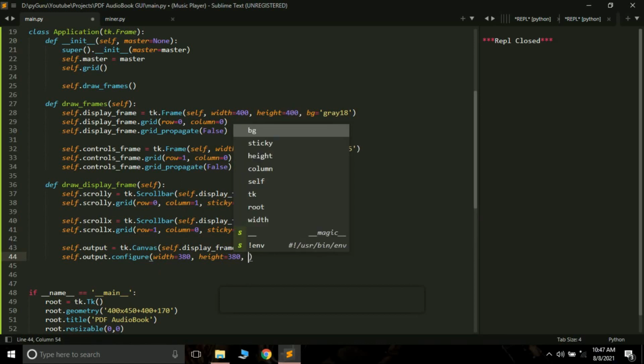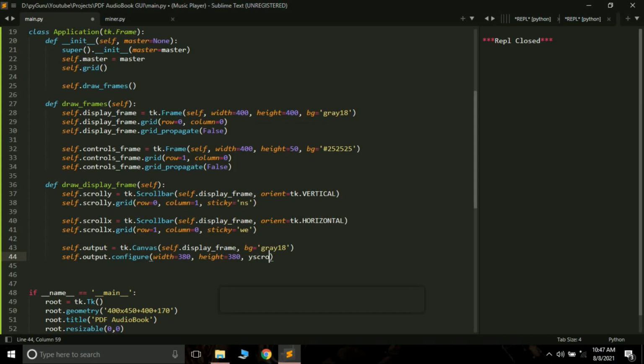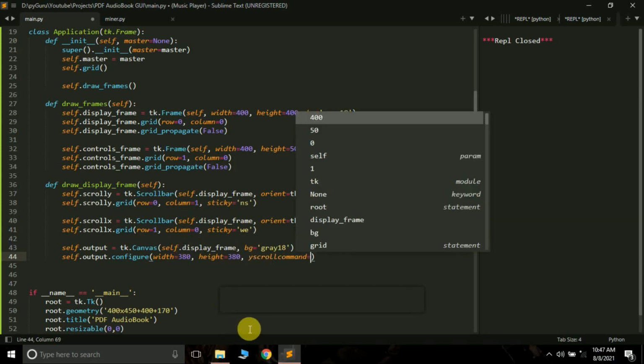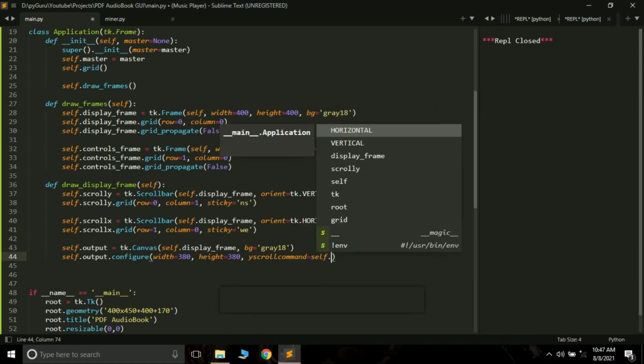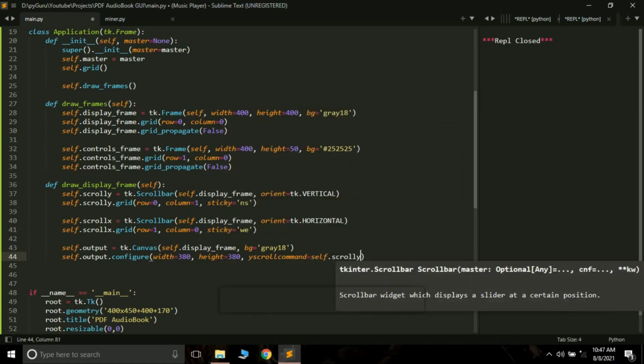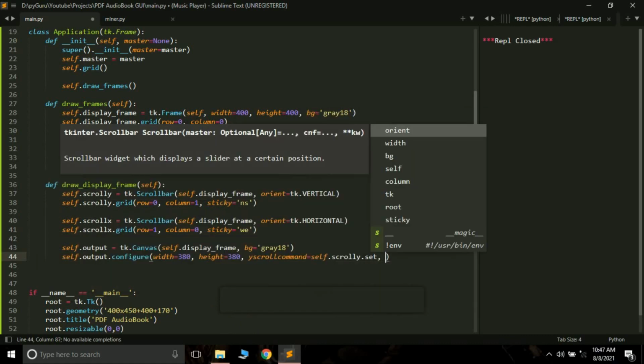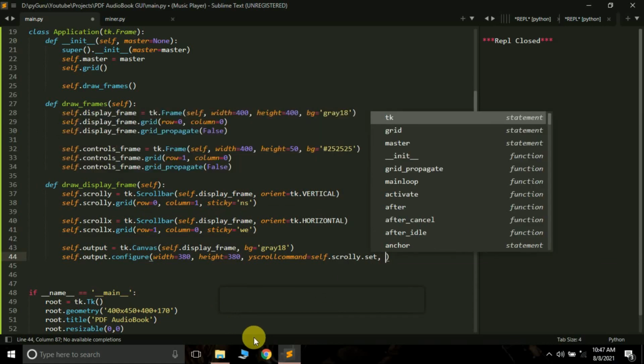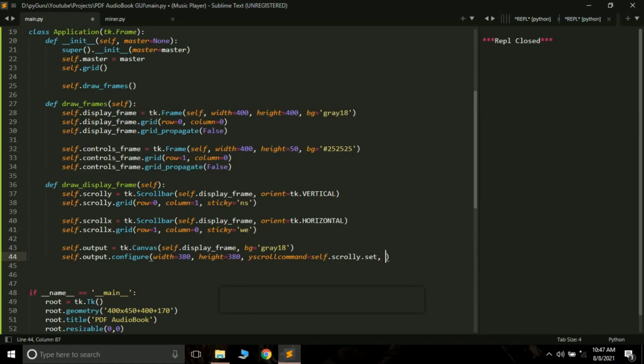Now the next thing is yscrollcommand. This is the thing by which you can bind the scroll bar that you have created to this canvas. So yscrollcommand, and here we have to pass self.scroll_y, which is your widget name, and here you have to pass .set. Now let's pass the next thing, which is xscrollcommand.